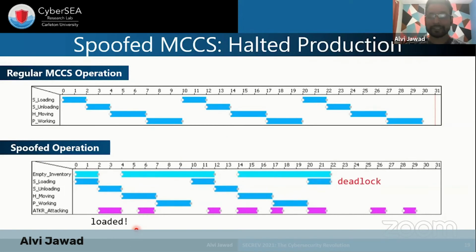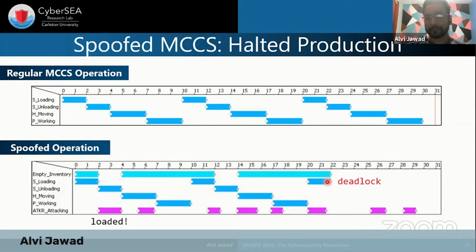We can also have different spoofing attacks on the system. In this case, the attacker is mimicking one of the agents in the system, and they're sending these loaded commands whenever their attacks are successful. As you can see, at some point in the system, this loaded command, you can't see the details here, but you can see it in the modeling tool that we've been using, when the loaded command is sent at a certain time, the system performs one of its processes before it should have performed it,